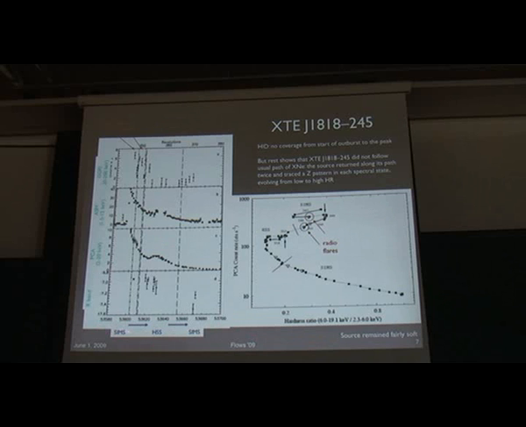Here is a sort of soft intermediate state. It went into the high soft state and then went back into the soft intermediate state. And basically, okay, we didn't quite get the start of the outburst, but if we plot the data points on the hardness intensity diagram, just like for that Q diagram that I showed a couple of slides back, like I said, we did miss the start of the outburst, but then we see some slight deviations from the classical path.